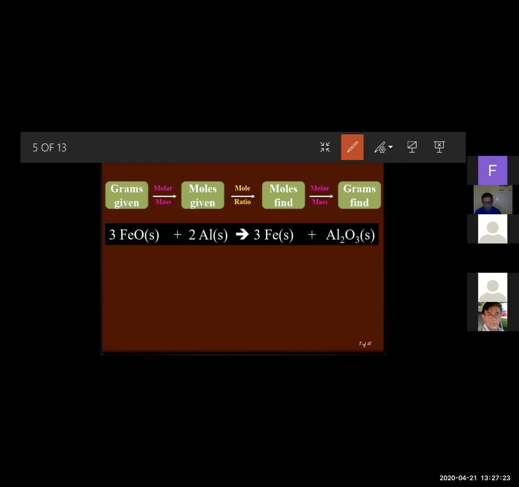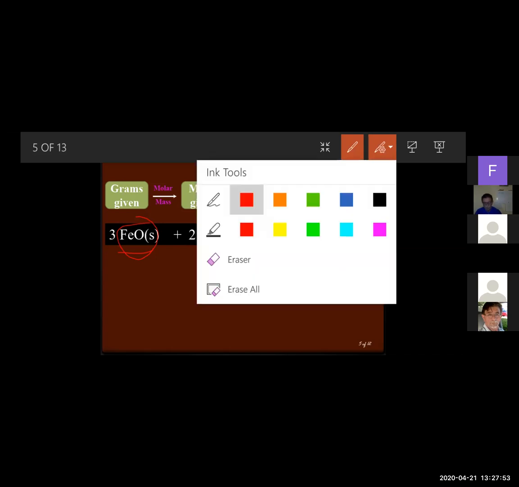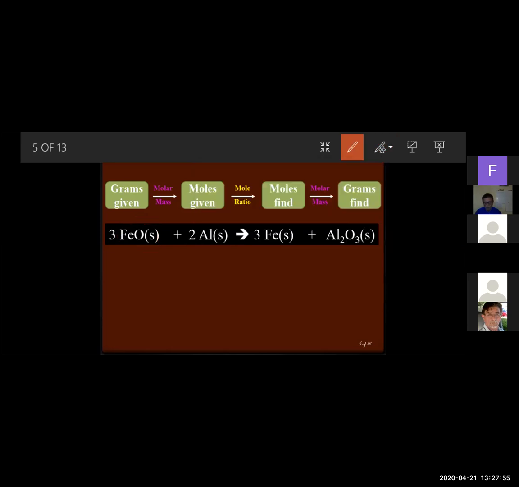Sometimes that type of problem can come up. They ask you to write the reaction of iron(II) oxide with aluminum. You have to find out first, is it going to react? Then you have to make sure you write the right formula for iron(II) oxide. I know it's iron 2+ because oxide is 2-, so iron must be +2 here. Once you write the reaction, you have to balance it. And here we have a balanced chemical reaction.